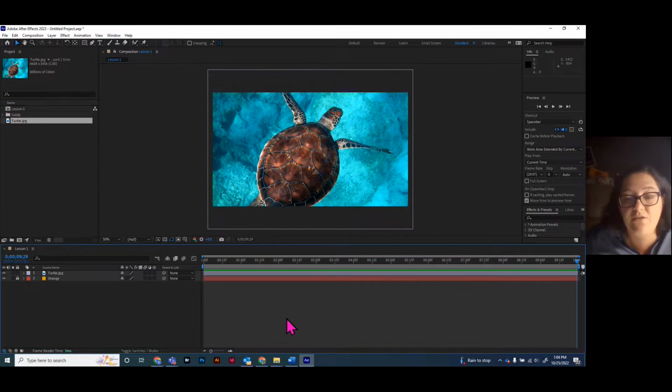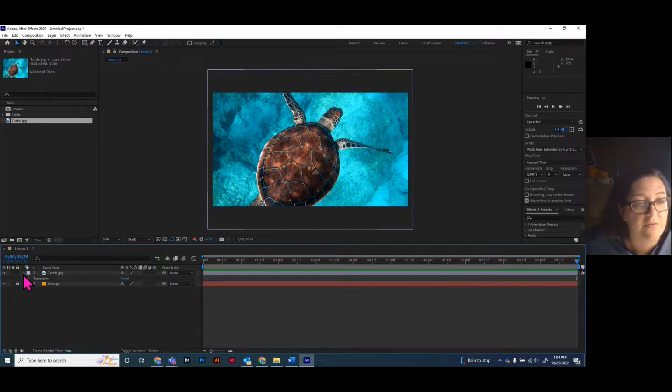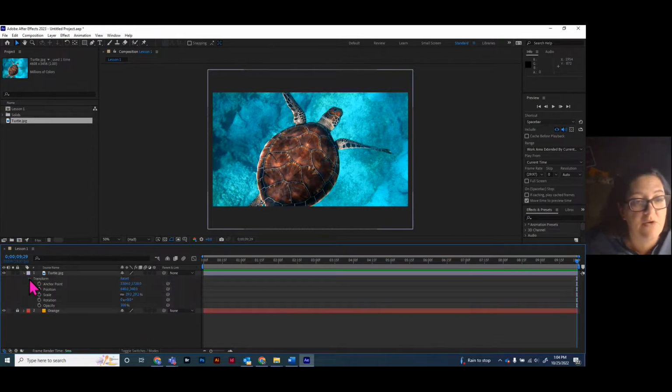Again, if your end in your home is not working for some reason, just pick it up and drag it over. Okay, now we're going to start making some transformations. So right here, there's a little arrow. You're going to click it and click it one more time, and you'll see it says transform, and it gives